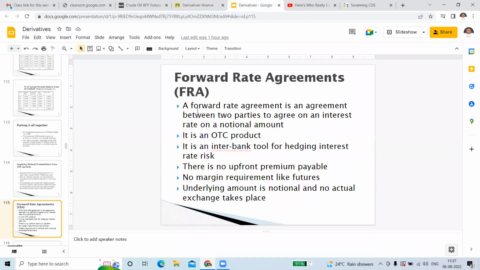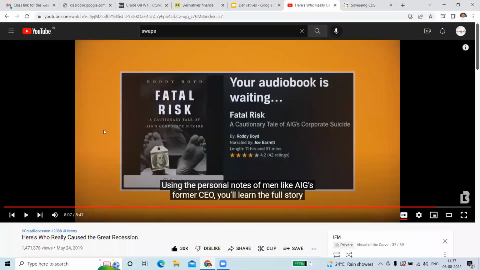Before I get to forward rate agreements, which is also an interest rate management tool, there is one more swap. Remember, we've heard about swaps, which look at exchange of fixed income to floating income cash flows. We've also looked at currency cash flow exchanges. But can you do a swap which exchanges cash flows from risk to non-risk?